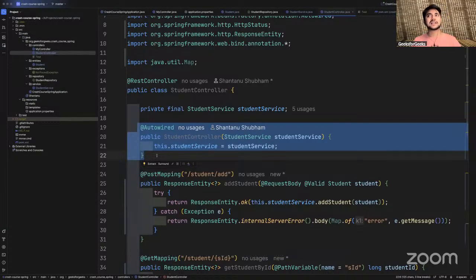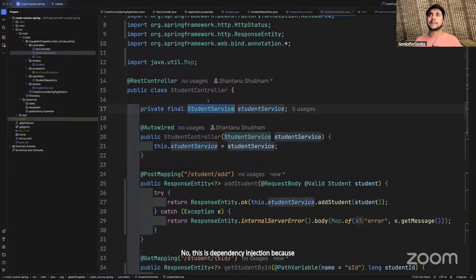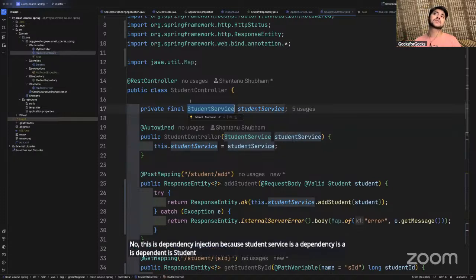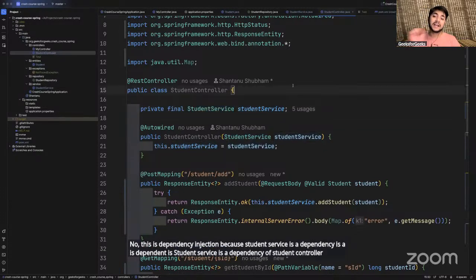So every class you decorate with @Service will become a bean. No, this is dependency injection because student service is a dependency of student controller, and I want to inject the dependency into my class, therefore dependency injection.